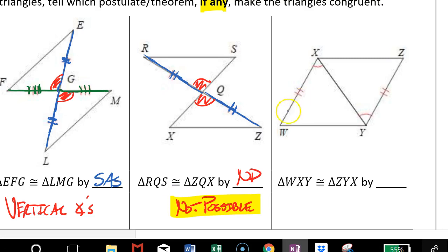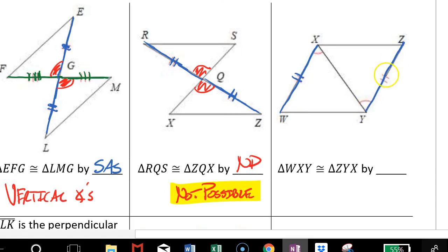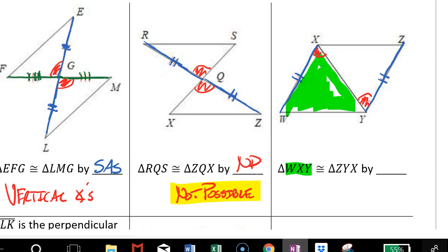Last problem on this row, we see we have WX with 2 tick marks and YZ with 2 tick marks. We also see this angle WXY is congruent to ZYX. And it looks like, again, we only have 2 pieces of information. However, I'm going to go ahead and highlight the 2 triangles, WXY. So we see this green triangle, and we're trying to compare that to ZYX, which is this light blue